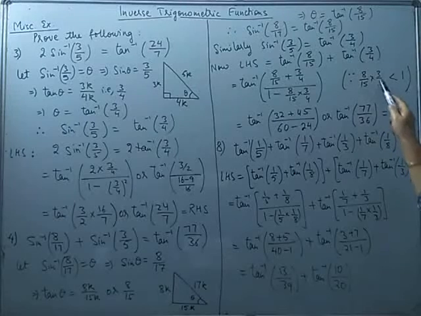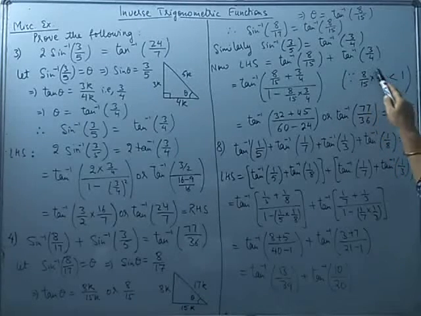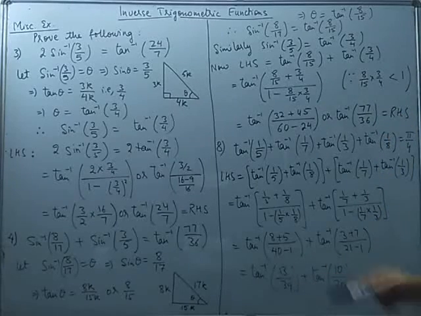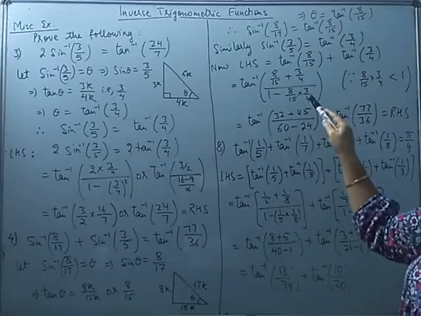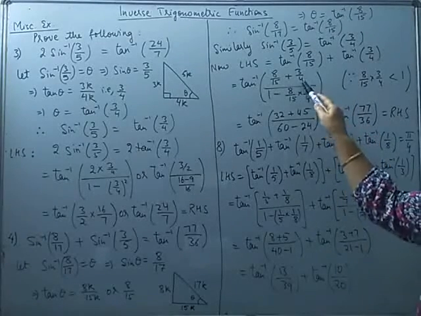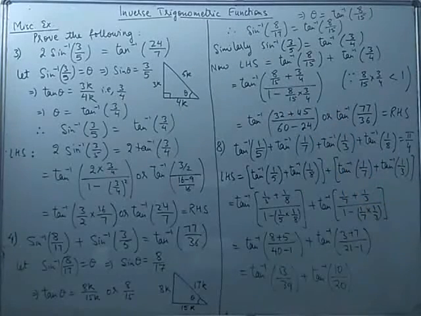You can solve and check. With 4, 8 can be cancelled out. We get 2 here, so 2 into 3, 6. 6 over 15 we are getting, which is less than 1, obviously. And then simplifying this part, you can always see I avoid cancelling out common factors, so that the denominators stay the same and can be cancelled out.